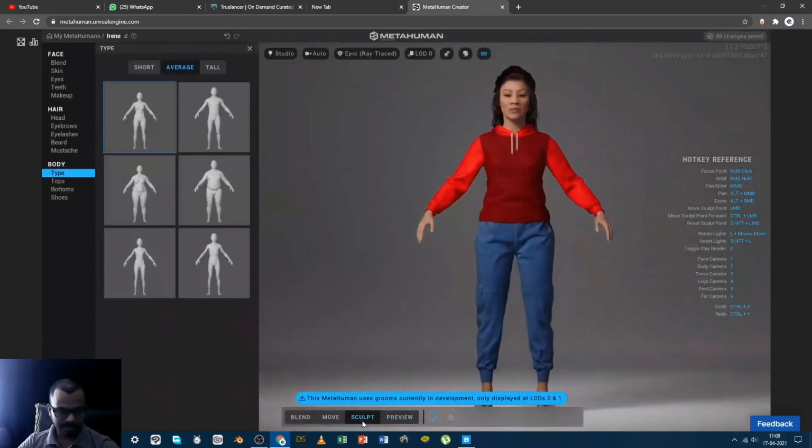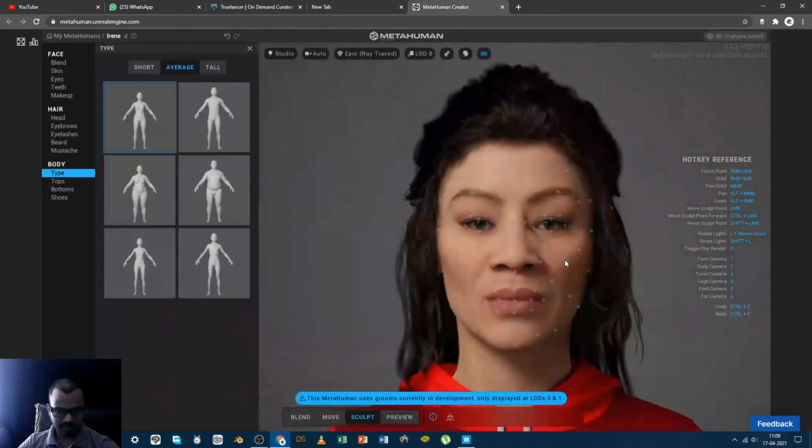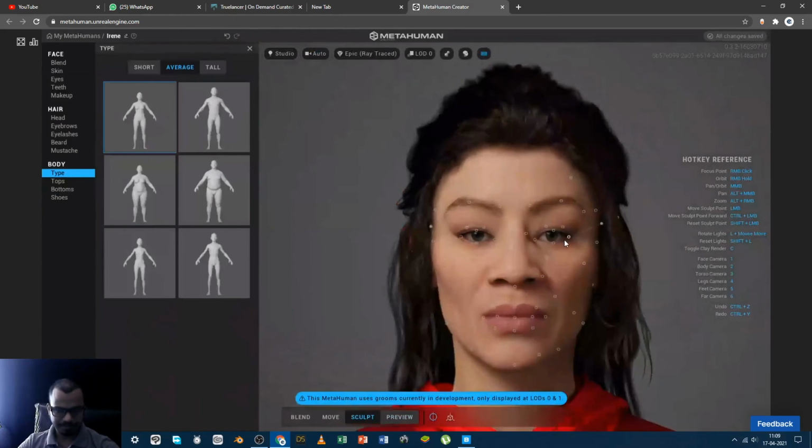And unfortunately there is no scope to sculpt further. Sculpting is limited to the face only, not the body. And in Daz 3D you can sculpt the body type, but you cannot sculpt the face.